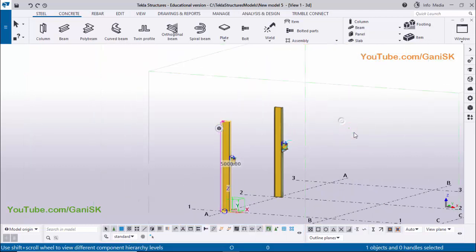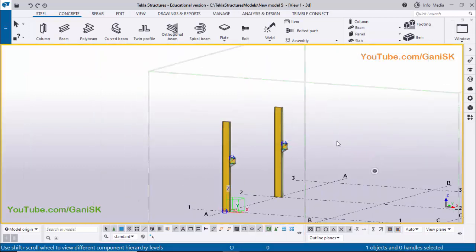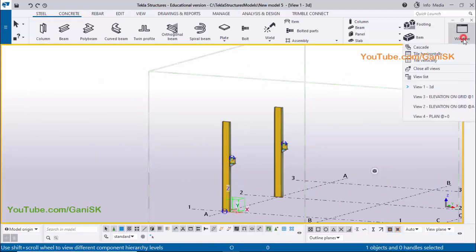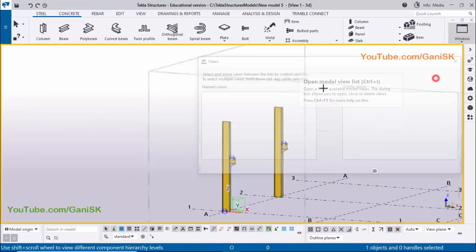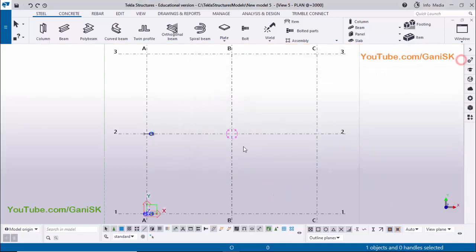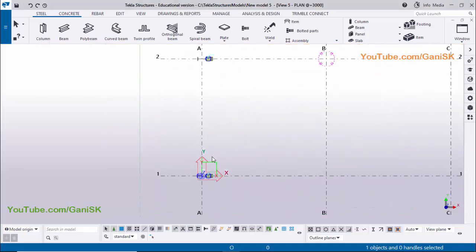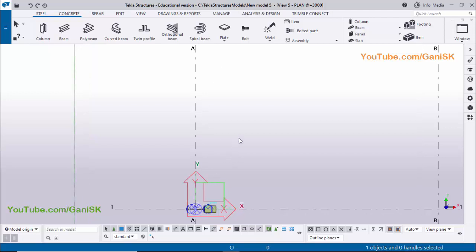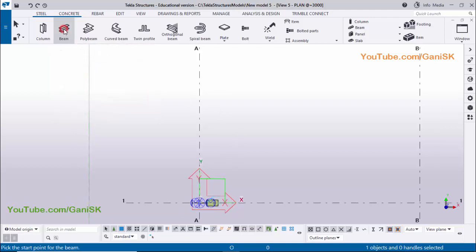Now we're going to create the crane beam. So go to the top level window and select this view list and select this planet 3000. Now I'm going to create the crane beam between these two brackets. So select this beam,